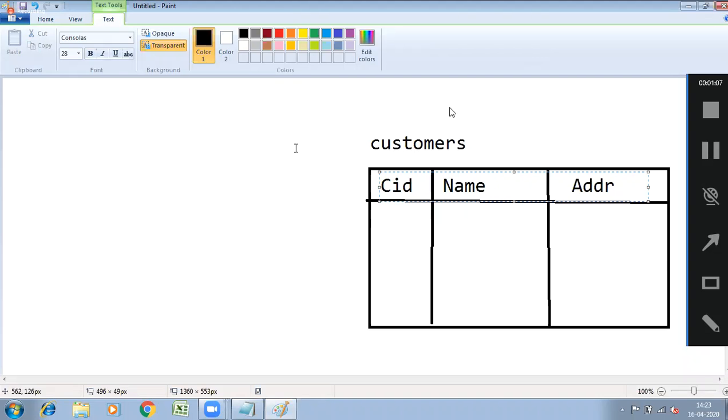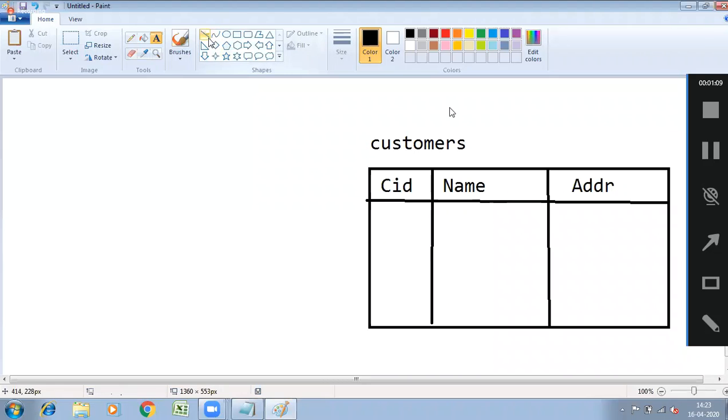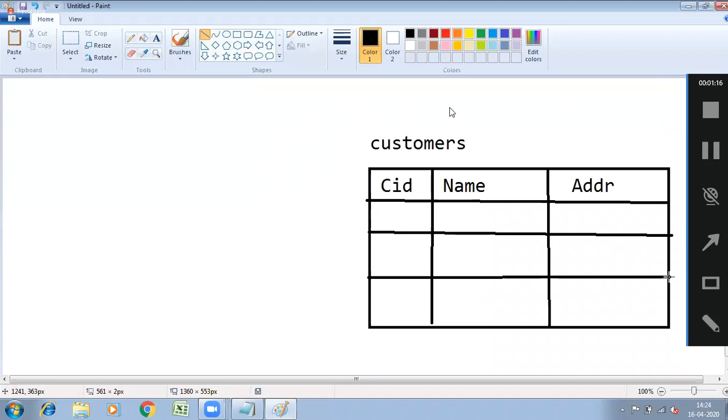ID, name, address. I'm just giving the structure of the table.